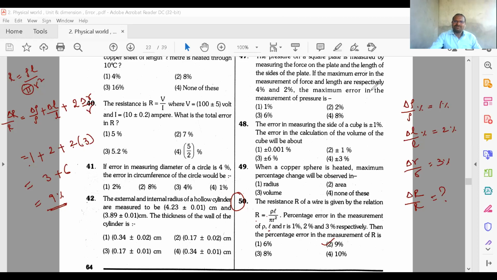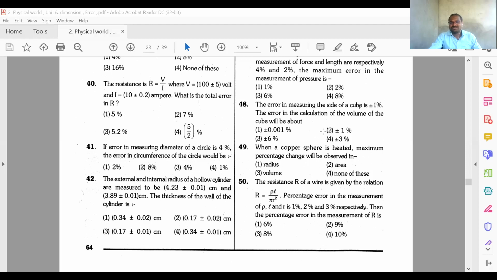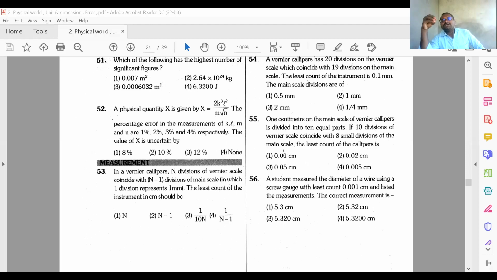One more thing: on screw gauge and vernier calipers also we have solved some problems, so practice those problems also. You did experiments on screw gauge and vernier calipers, no? Whatever formulas you used in those experiments, only those formulas we can use to solve. JEE students mainly may get some questions on this, so practice them.